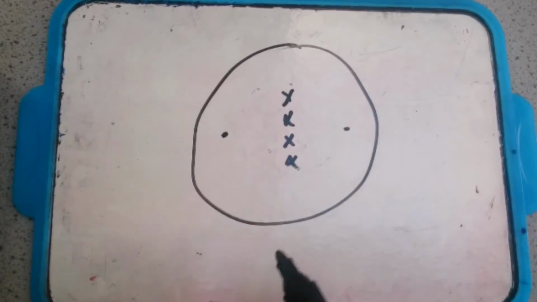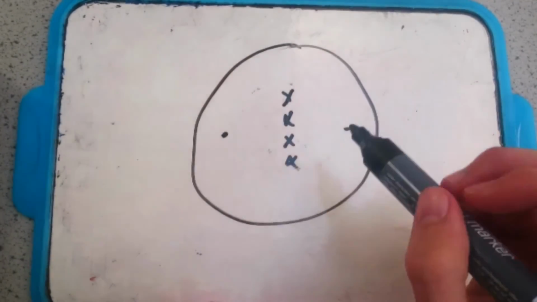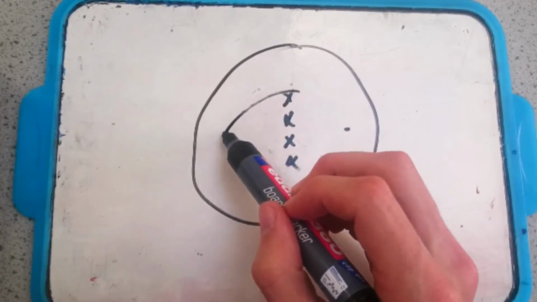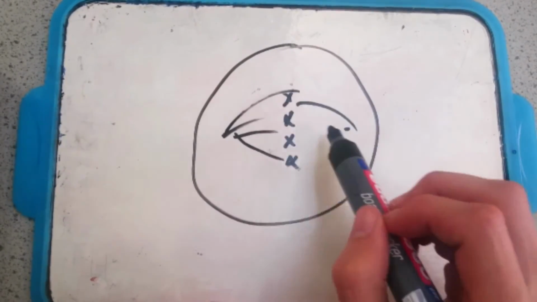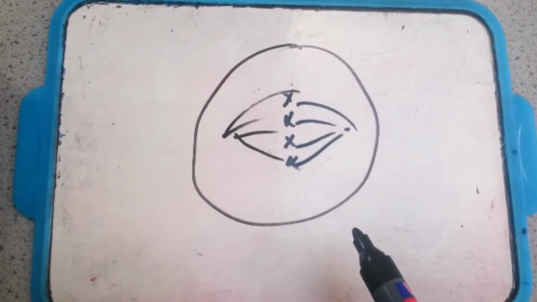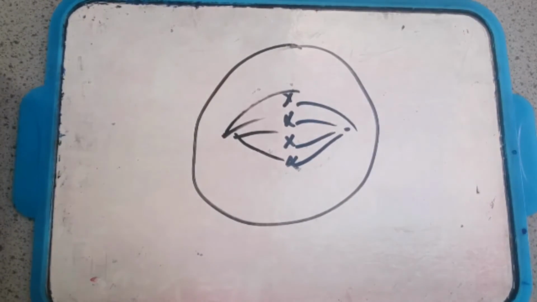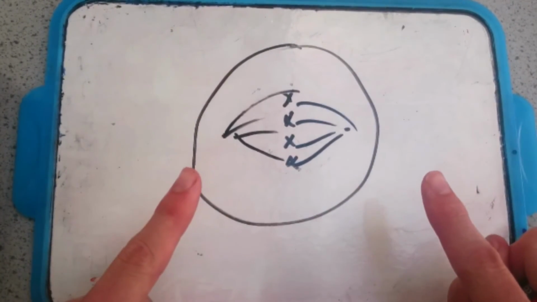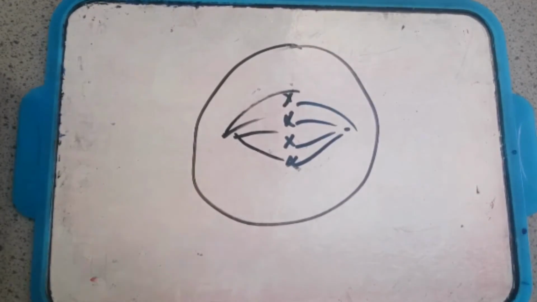You don't need to know this bit. This is a detail that you don't really need to know. They're called spindle fibers. What you do need to know is that they attach to the chromosomes, and the chromosomes will now get literally ripped apart. They're going to get pulled to both sides of the cell now. But of course what that means is